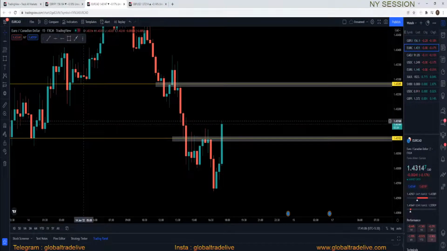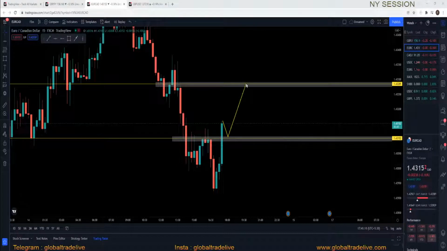I'm not sure whether I'm gonna take this trade or not, but if I get a retracement candle and then something like this, then yes, at that point of time, I'm gonna take the trade. But if this candle closes like this and there's no proper range, then no, I'm not gonna take this trade. I'm gonna stick to the discipline,